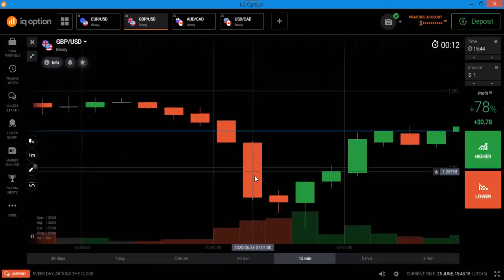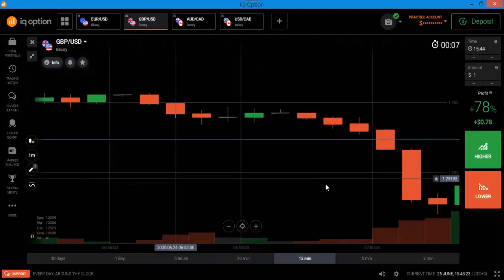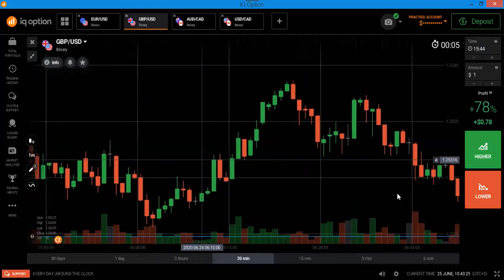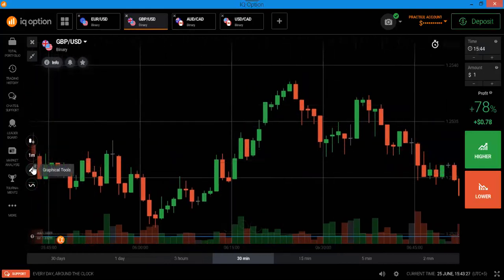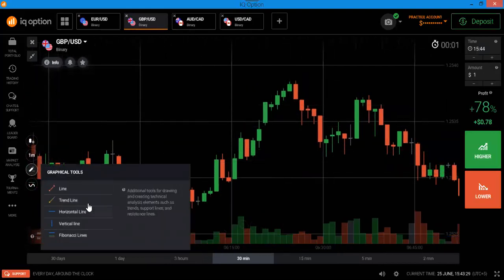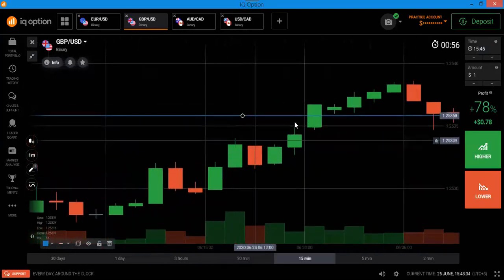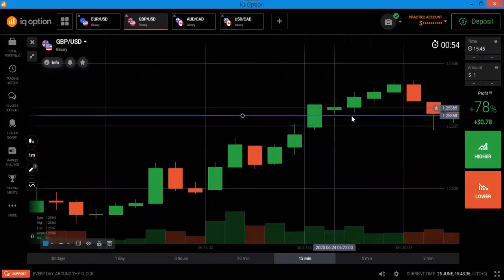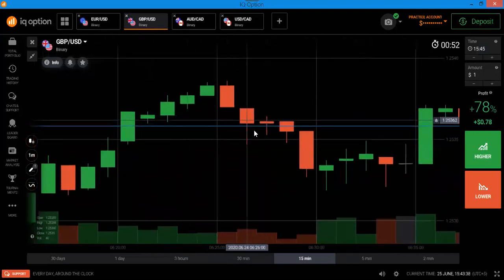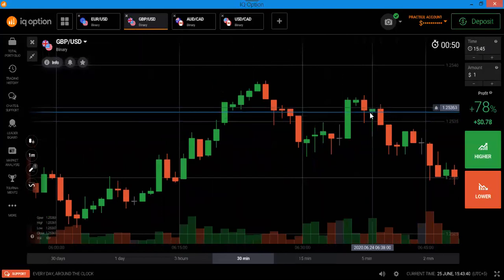That is a candle, and also the round number shows that the 50% level acts as a support and resistance level. But now on this candle, we have to find the support and resistance level. There is a 50% level. Okay, so the 50% level, in the future it will act as a support level, and here look, it acts as a support level.